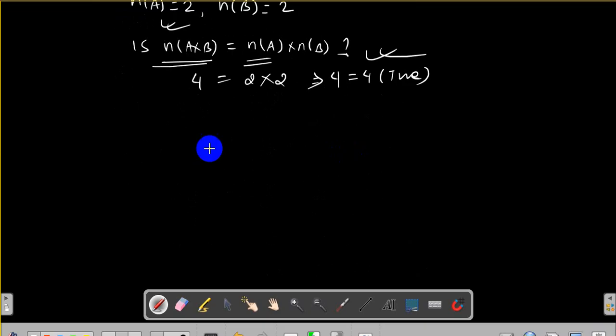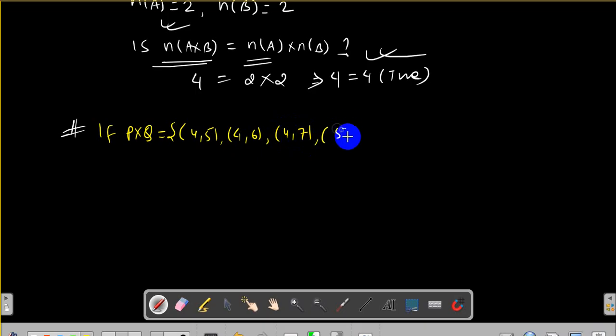Now, next question. If P cross Q equals the set of ordered pairs (4, 5), (4, 6), (4, 7), (5, 5), (5, 6), (5, 7),